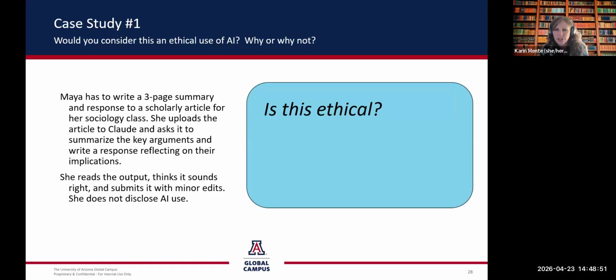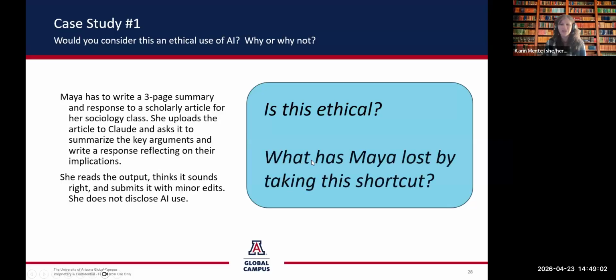I couldn't tell if you're answering the question, but it sounds like maybe not. But in the chat, we've got some great responses. Yes, and I agree, I don't think this is ethical at all. A bit of a softball question to start us out, but again, it's just encouraging that moral compass and thinking about what she lost out on. When you make a choice like that, you may be saving yourself time, but just think about what you lost.